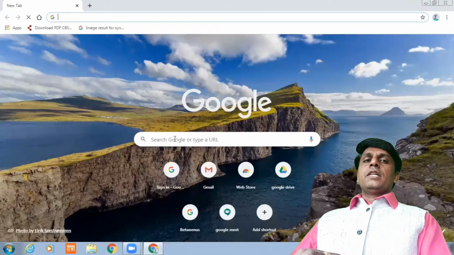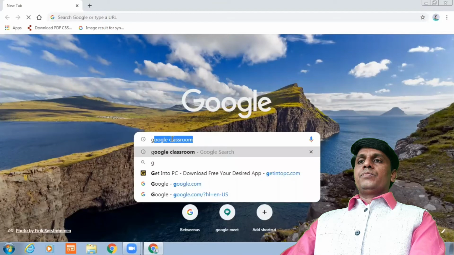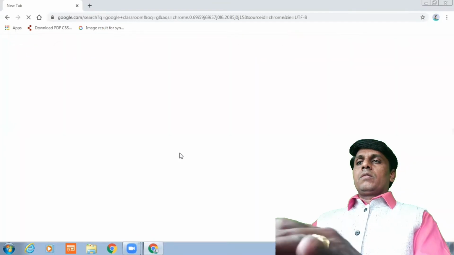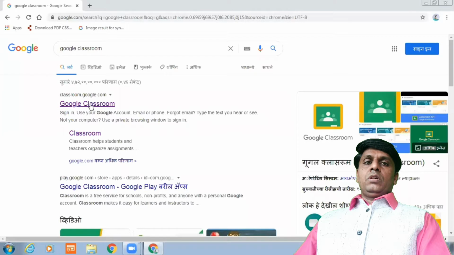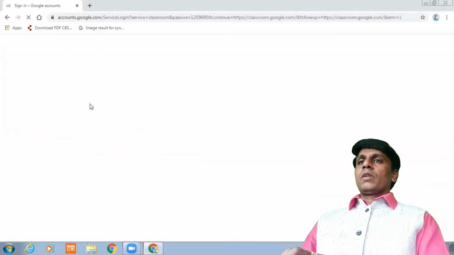Here type Google Classroom and click on it. When you will click on it, then the page will be displayed, and on this page, this is the section where you have to go. Click on this section, Google Classroom.